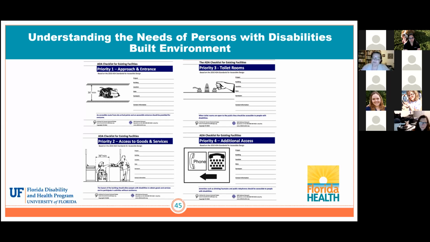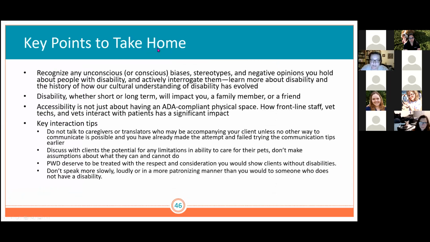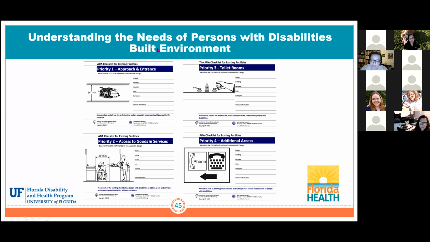And so it's crucial to remember that the ADA is the bare minimum. You may still be inaccessible. Having a staff that is unwilling to meet the needs of people with disabilities because they might feel it is too much effort or that they're not worth it, that can make facilities inaccessible.